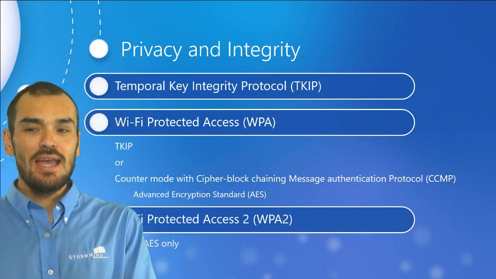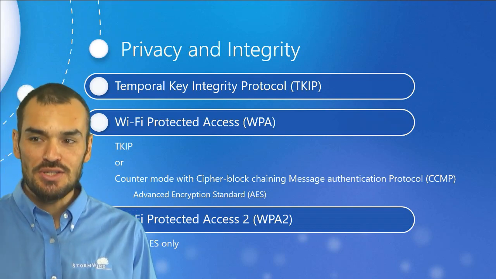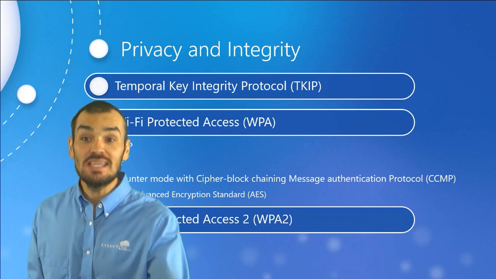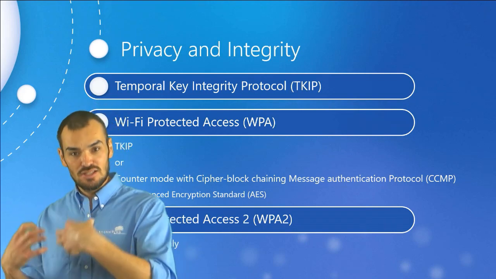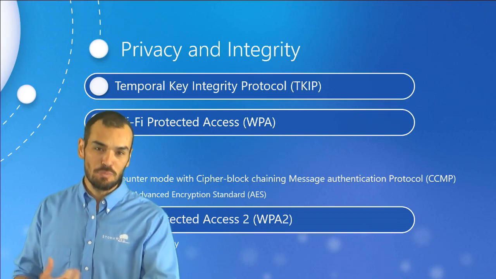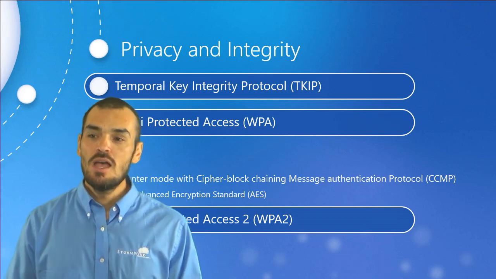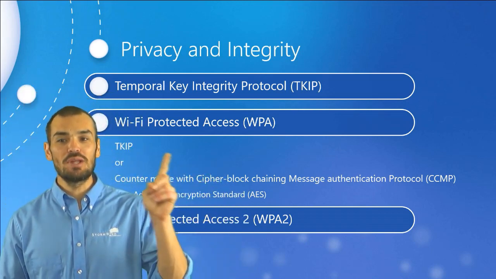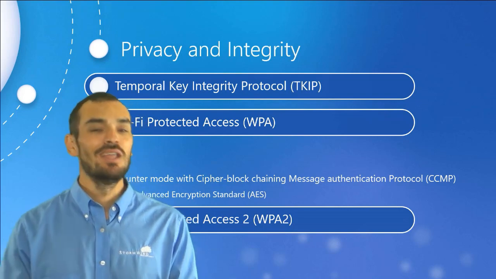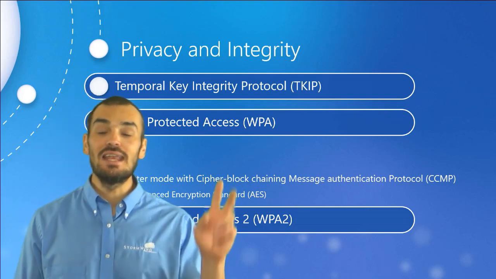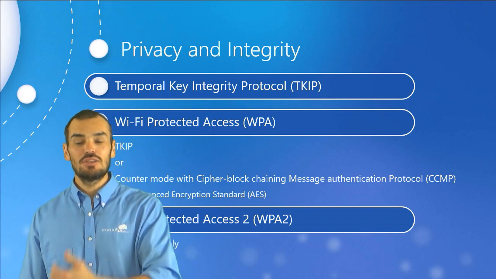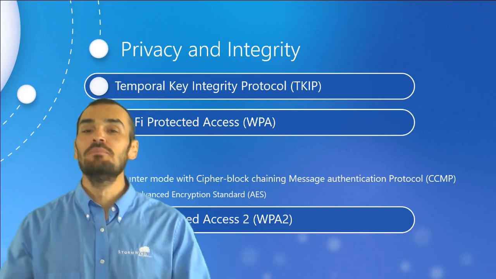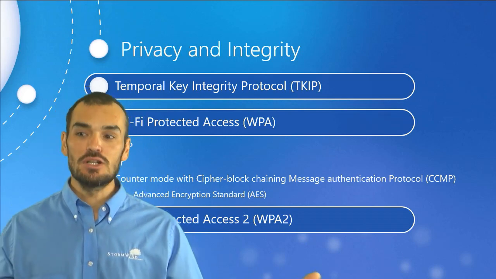Now, WPA offered both TKIP or CCMP because legacy devices that only support WEP, of which TKIP is kind of based upon, could still take advantage of a bigger, beefier, more robust, kind of backwards compatible option. Now, WPA was capable of operating in one of two modes. Personal mode is where we had pre-shared keys for client authentication, very useful for smaller deployments, and enterprise mode, which basically took the 802.1x EAP-based authentication and combined it with WPA, obviously, as the name implies, intended for much larger